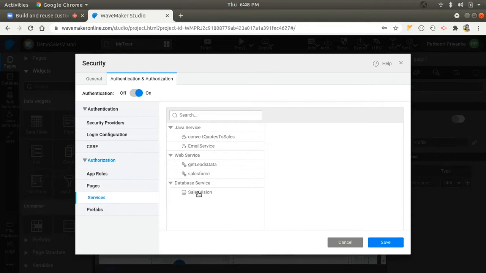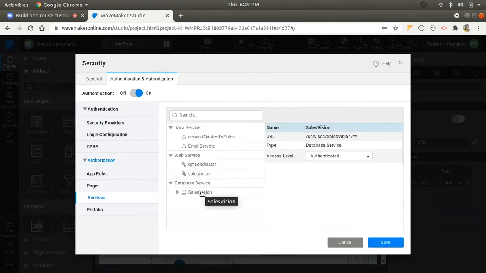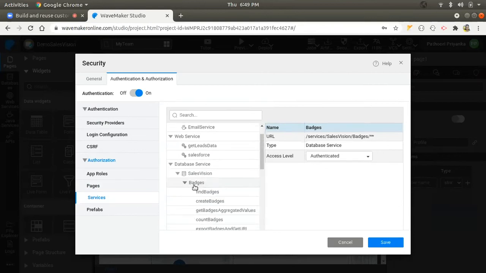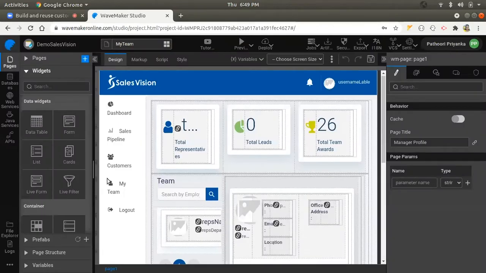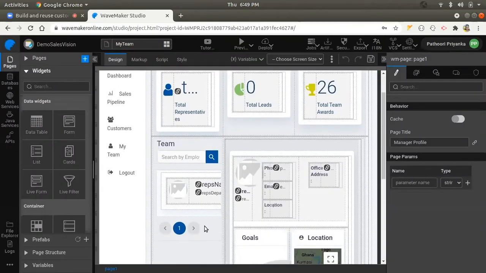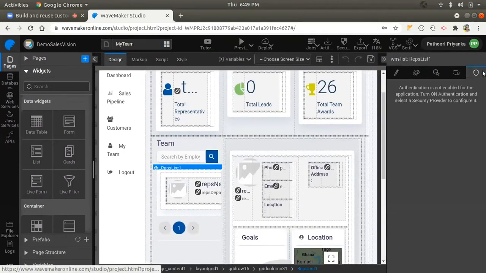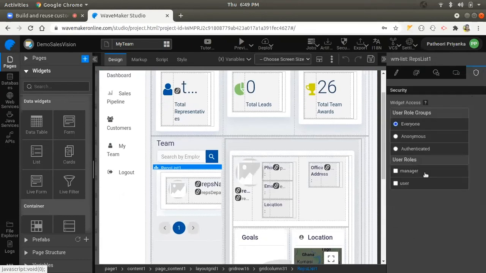So even for services, you can configure role-based access for the entire service itself, or for each entity available in that service, or even for each endpoint available in that entity. Apart from this, platform also provides role-based access configuration for widgets. So once you select the widget, you can configure it here from the security tab. So these are the roles available and you can configure it here.